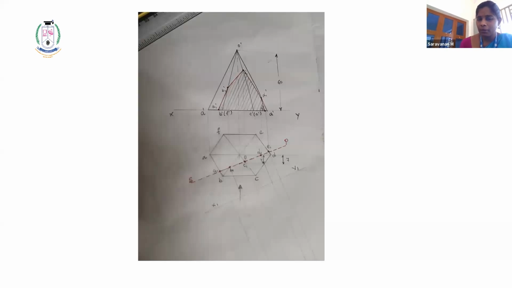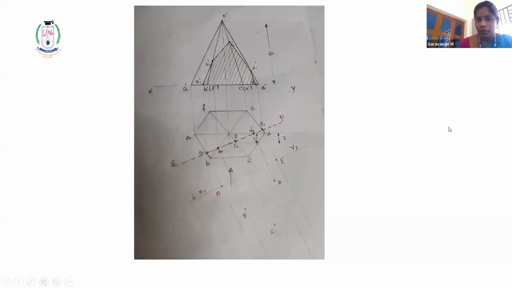Then we have to get the true shape. The true shape will be drawn with respect to the XY line. Now come to the XY line. Here point A1 is lying on XY, so where you have A1 here, you have the A1. First mark the A1 line for the line of A. I have given the capital A. Next B1: measure the distance between B1 and the XY line in the front view. Measure the distance as radius and mark the point as B.